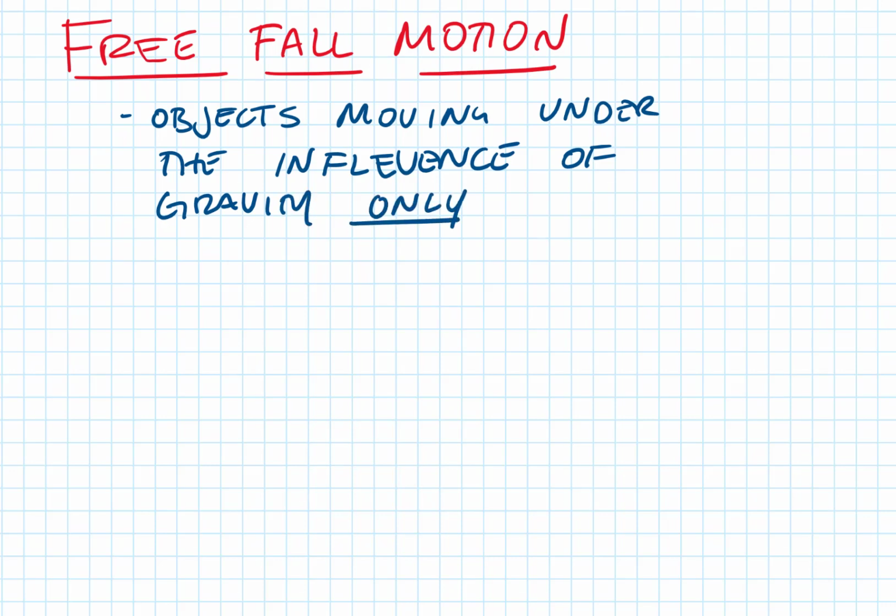This is the important part. The only thing causing the objects to move is gravity. So when I throw an object, while it's in my hand, not free fall. When I let go, free fall. So when we're talking about gravity only,